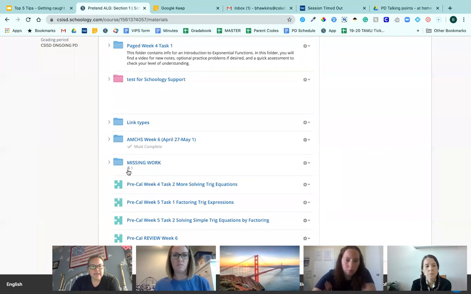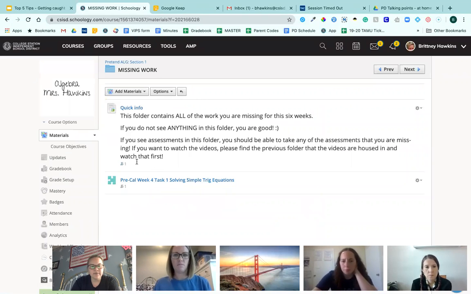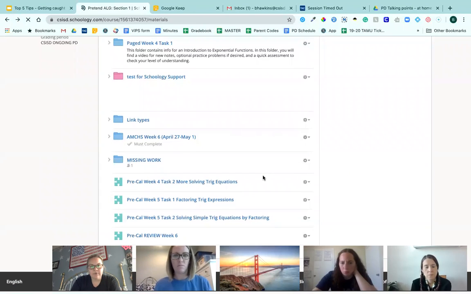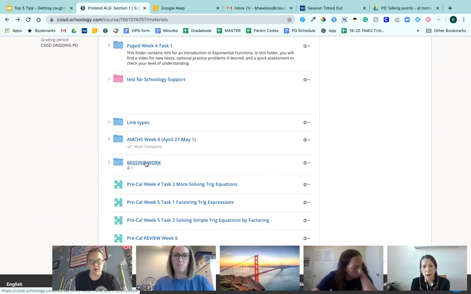Just like you would see it here, there's just a 1, and then anything in the folder is individually assigned to that person. Now, my issue was I had 4 kids who are missing 6 assignments, and I was going to have to go through those steps every single time, or individually assign the entire folder to all 4 of those students. Now, both of those are an option, but that just wasn't quite what I was wanting in my